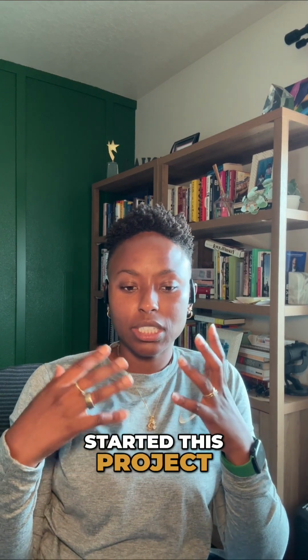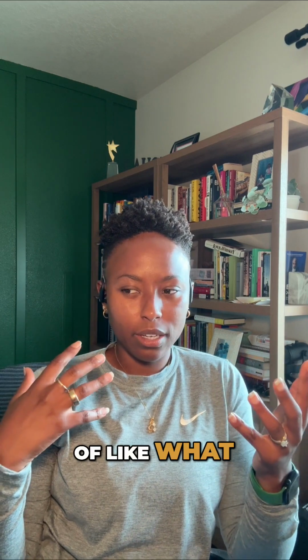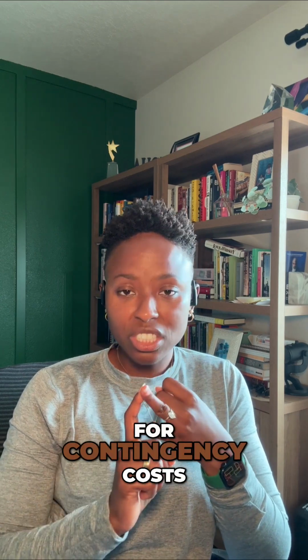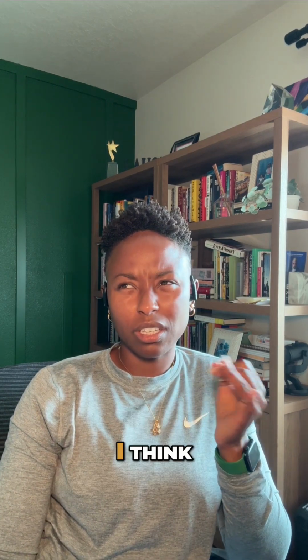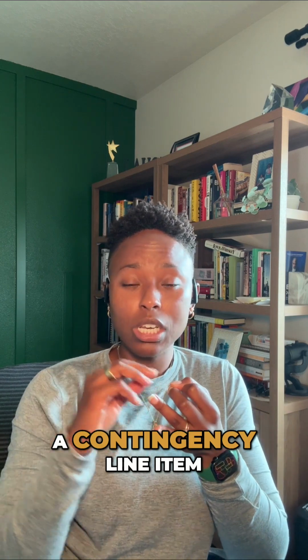The budget. Now, this is something I'm a stickler about. So before I even started this project, I had a pretty clear outline of what needs to be allocated where, right? So, knowing that I need a line item for the actual construction, for contingency costs in case anything goes wrong. And the contractor actually recommended, I think, 10 to 20% of the overall budget as a contingency line